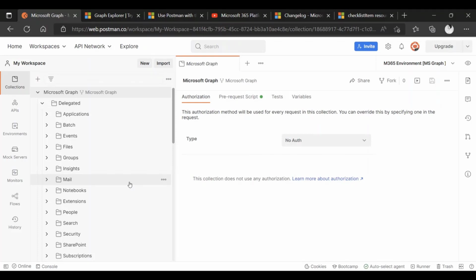Or it could be something that used to be in beta and is now in V1 and we didn't update the collection yet. And I think this is a good time for me to make a public promise that we will do a better job at making sure the Microsoft Graph collection on Postman gets updated regularly. I promise. It's recorded, so that's definitely going to happen.